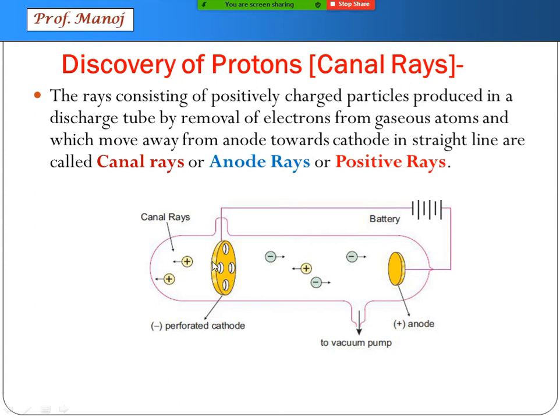So from cathode towards anode, cathode rays are moving, which you can see denoted by a minus sign. Oppositely charged particles, that is cations, will be moving in the opposite direction. Through these perforations, the positive particles travel to the opposite side. In the original experiment, zinc sulfide was coated over here on this side, which shows the detection of canal rays.